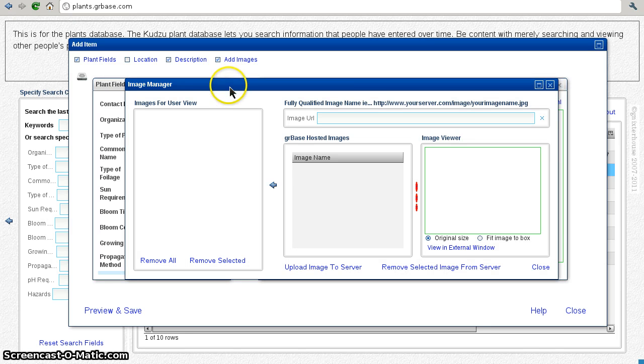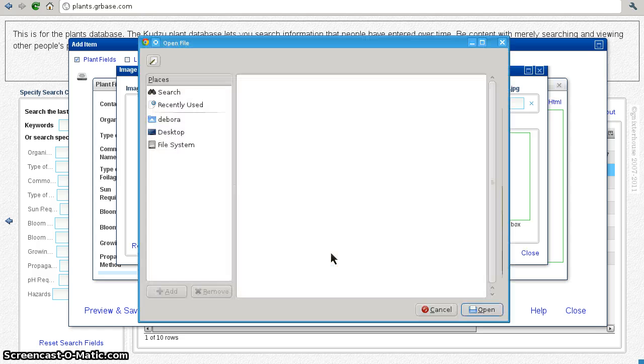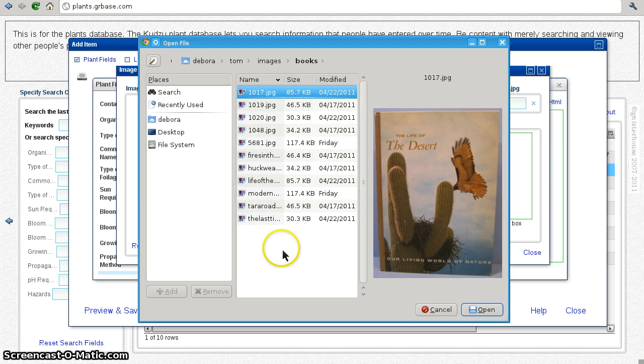So here's an image manager screen. This left box is the images that pertain to the particular record we're editing, and this will be a list. The middle box will be a list of all your images, and the right box is just a preview of the image. Now, we want to upload an image to the server, and we will host your images. So we click upload to the server, and we go to